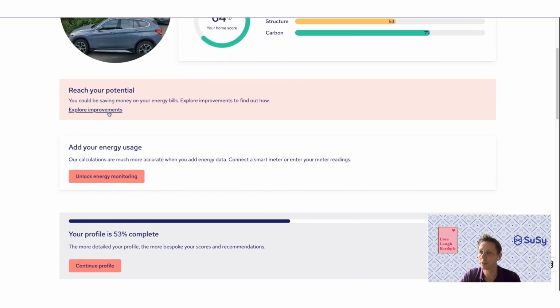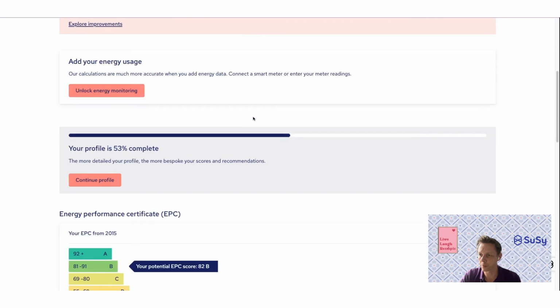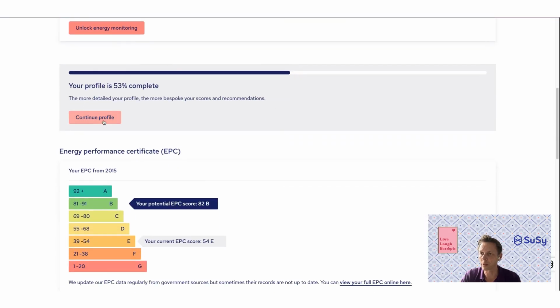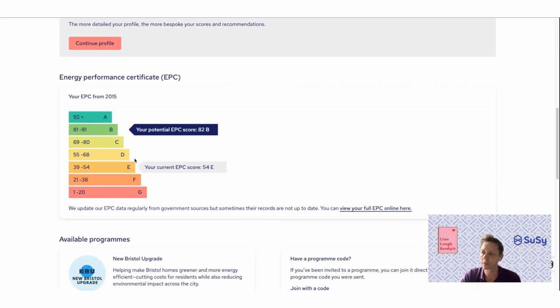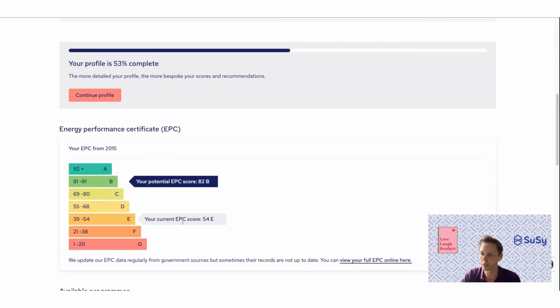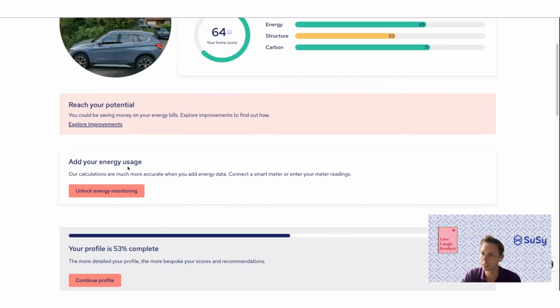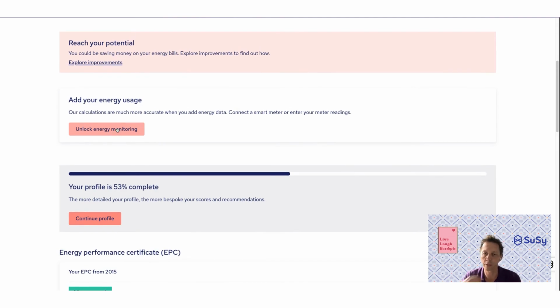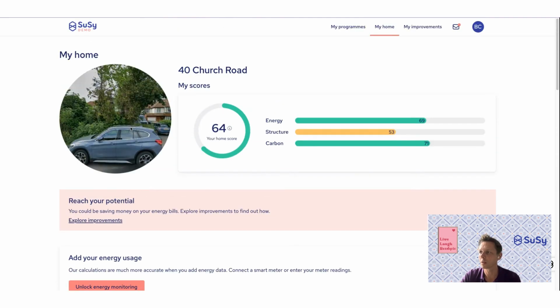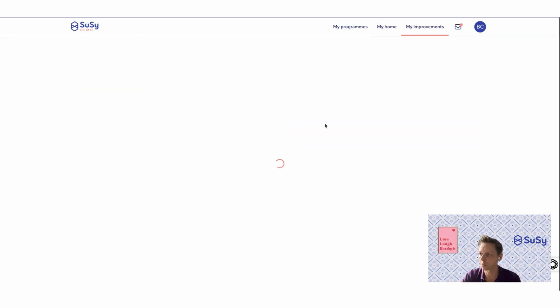You can also explore potential improvements, which I'll do in a minute. You can go and continue to complete your profile, so profile is not complete. You can see your EPC score at the moment and potential EPC score. And you can also unlock energy monitoring. So if you want to connect to your smart meter and provide us with more data, you can do that as well. So if I go and explore improvements,